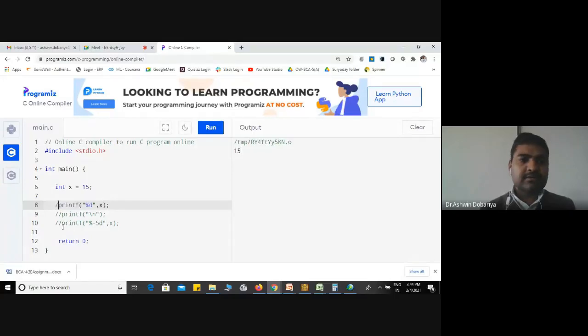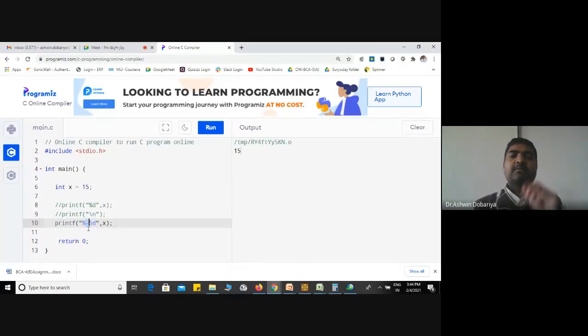Now let's see the change over here. Now what I am doing, I am using the flag minus, right? Minus and plus, the only meaning is, if you mention flag minus, then data will be displayed left aligned. And if you give the width positive, then data will be displayed right aligned, right? But first I am giving the -5. So total width is 5, right? But what type of width have I given? Negative. So if negative width is there, then left align. If positive width, then right align. You remember these rules first.